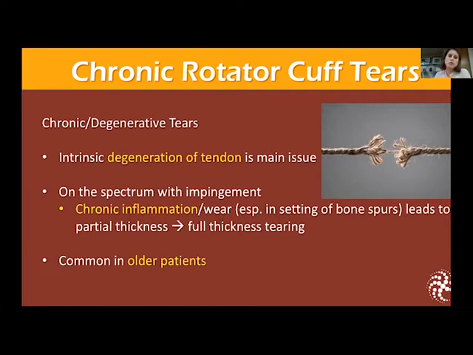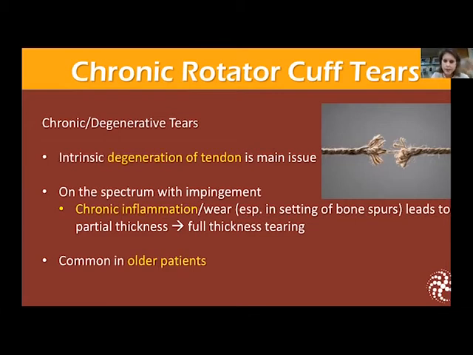main issue is intrinsic degeneration of tendon tissue over time. It's just something that we can't really fight. The rotator cuff tendons in general don't have good blood supply, even in young healthy patients, and so as you get older, that blood supply gets worse, and the tendon starts to degenerate, so it's more likely to be worn. You kind of see this picture of the rope. It's an old rope that gets worn out, and over time it